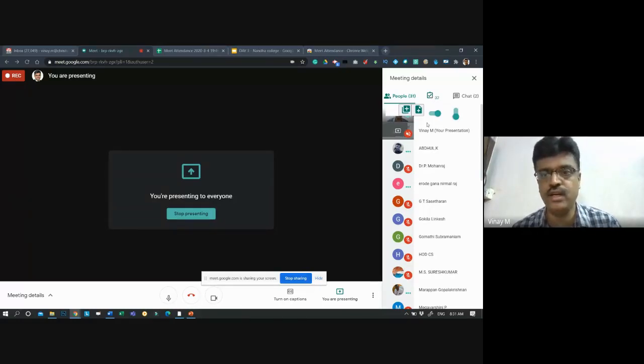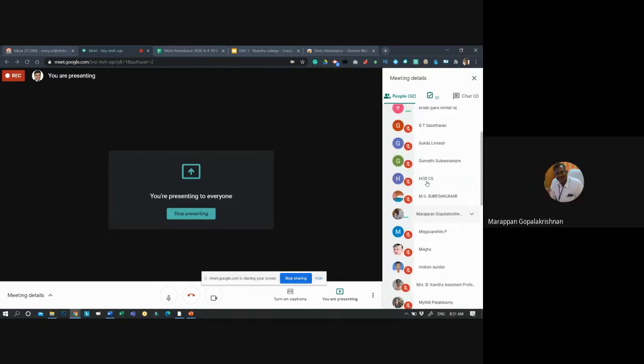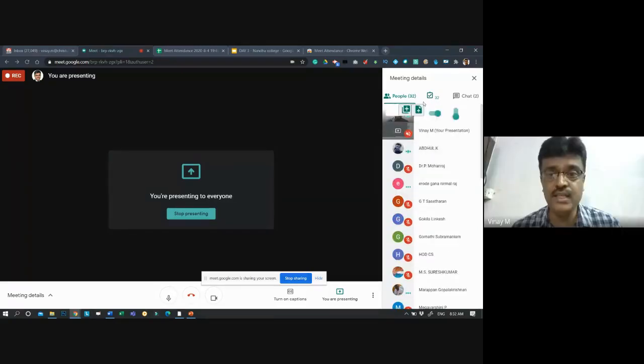It will open an Excel sheet and give you all these names which are in the Meet. Now, this number should match, then only you should click. Many faculties will have difficulty because they say, sir, there are 32 people and this may not be 32. Sometimes it differs because recently joined people will also be there. You can see the difference now. There are 33 people, but only 30 here.